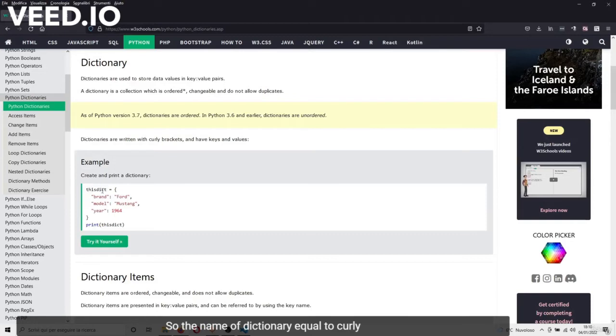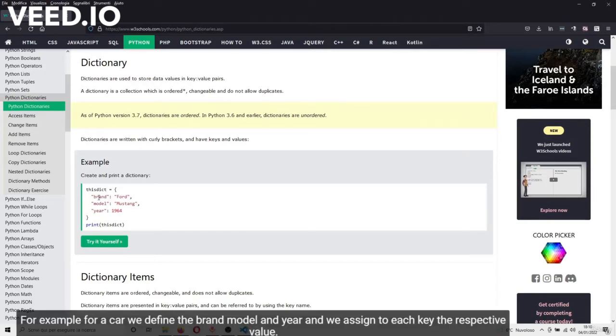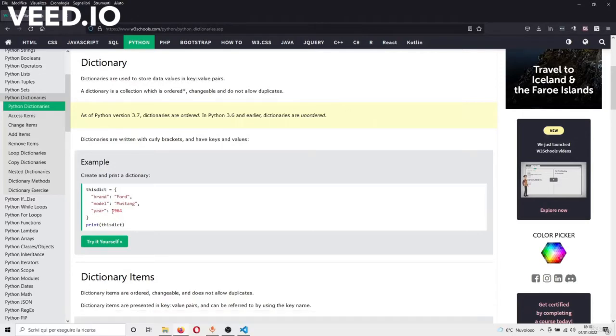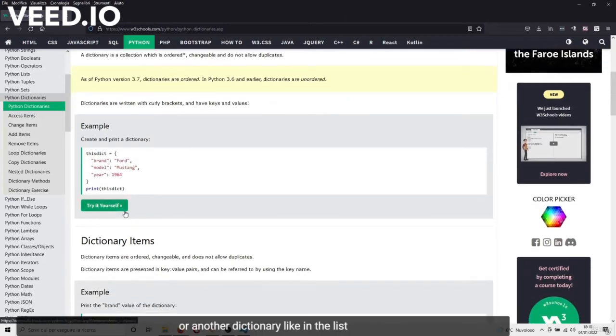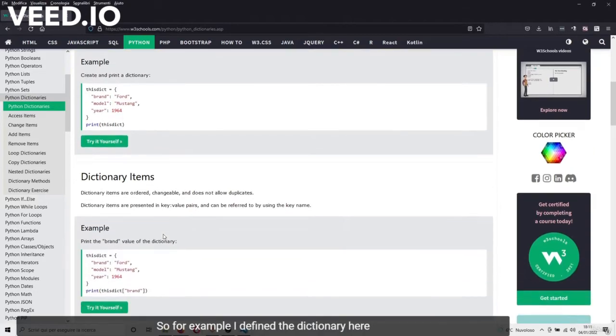So the name of the dictionary equal to curly brackets and the various attributes or the various keys. So you define the keys. In this case, for example, for a car, we define the brand, the model, and the year, and we assign to each key the respective value. The respective value can be a string or an int, for example, or another dictionary, like in the list that we can append different type objects. So, for example,